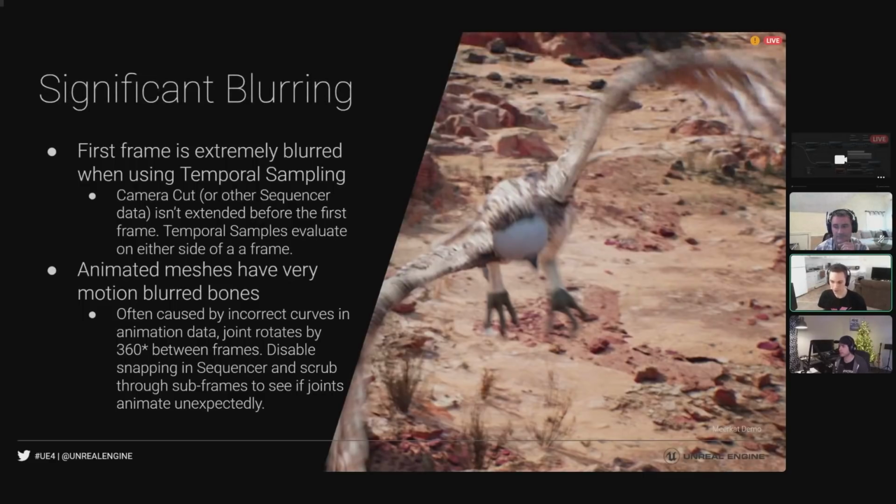You can't see this in the editor because you have snapping on, so you're only looking at frame 0 and frame 1. But when we do temporal sampling, you start to actually see this evaluation where it goes through the 360 degree turn. To check this, you can just disable snapping in sequencer, scrub through the subframes, and you can see if your joints are doing any crazy motions.